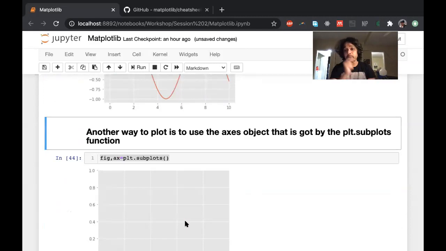Now, this is where Matplotlib often gets confusing, and a lot of people get confused. I was confused about this for a long time. Basically, Matplotlib has two different ways of plotting, and both of them have their own advantages, and both of them are extremely similar. So just pick one of them and learn how the other one operates. You'll pick up both of these skills over time. The differences are very subtle, and it's important to know that these two things are slightly different so that you don't get confused between the two.